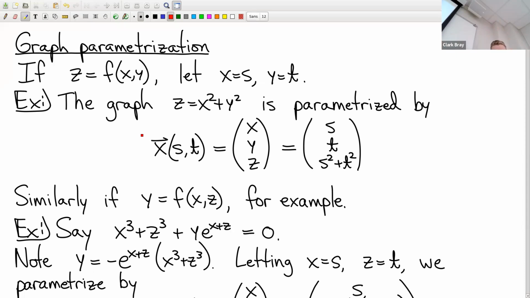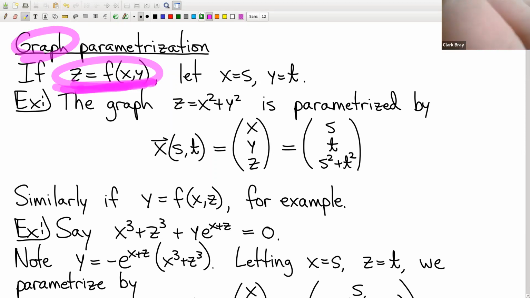Okay. All right. So the first tool that I'm going to give you is what I like to call the graph parameterization. It's a wonderfully simple trick. And that says that if you are looking at a graph, flashbacks to chapter 1, or maybe that's in chapter 2, early in the course, when we talked about graphs and equations and level sets and all that business, right? Specifically, if you have a graph,